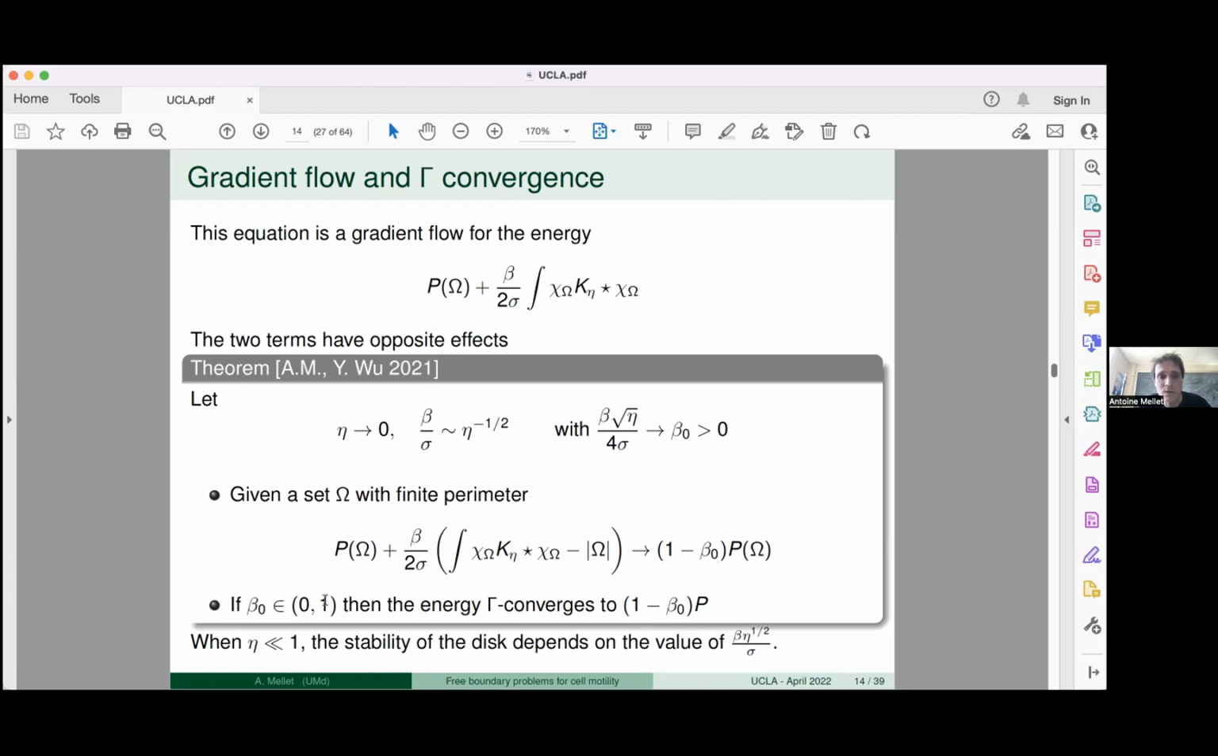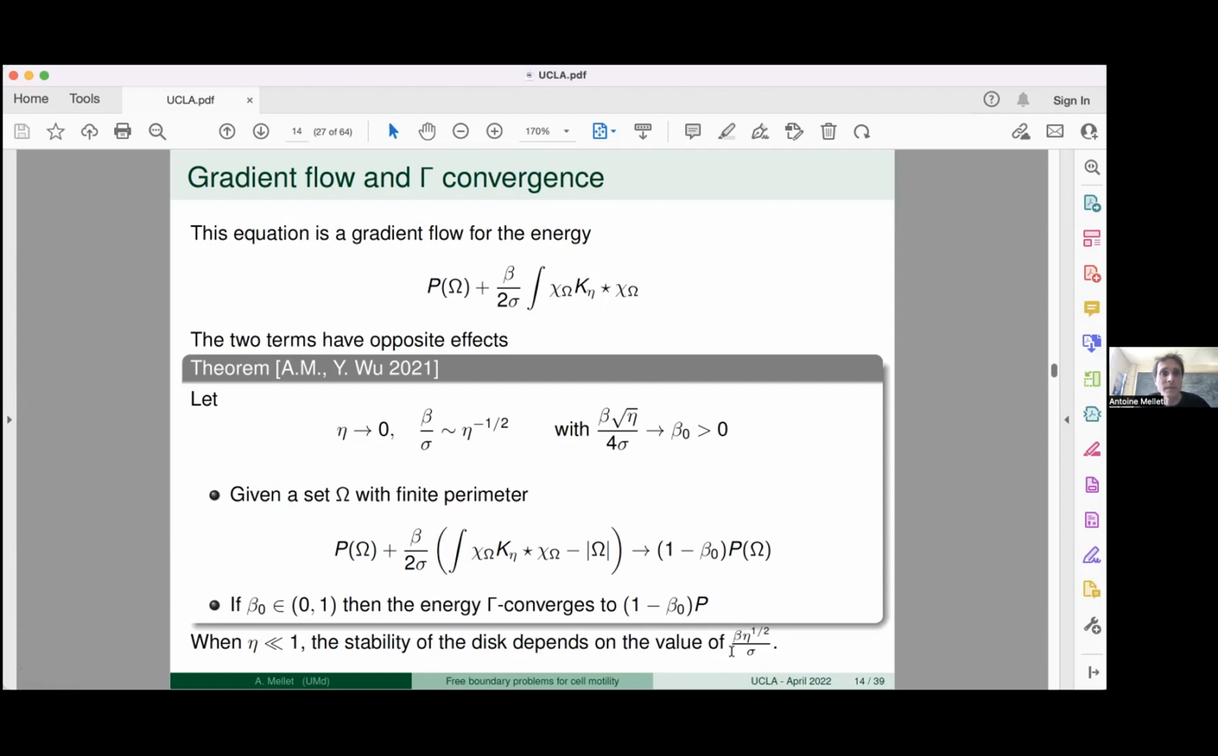So if beta 0 is between 0 and 1, in fact, we can prove that we have gamma convergence of this energy to a multiple of the perimeter. But we see that when beta 0 is bigger than 1, what it tells you is that these things become close to a negative multiple of the perimeter, right? And so you're going to get something very unstable. So for small eta, the conclusion is that the stability of the disk is really going to depend on the value of this ratio, the ratio between beta and sigma, so the importance of the potential phi versus the importance